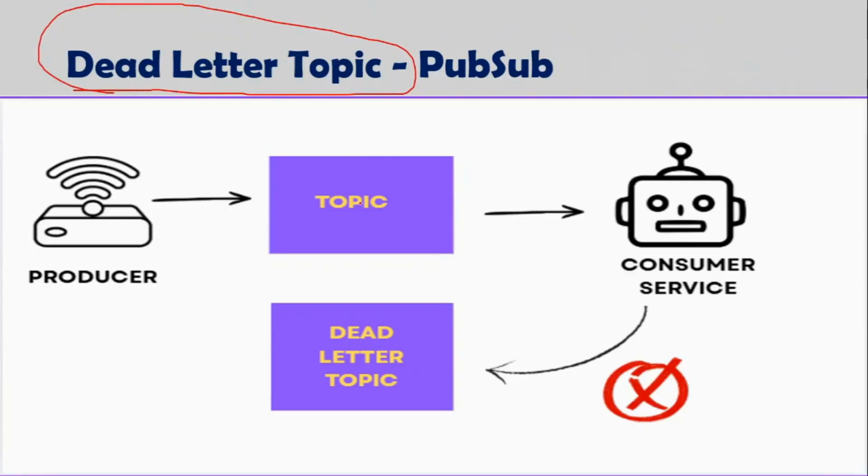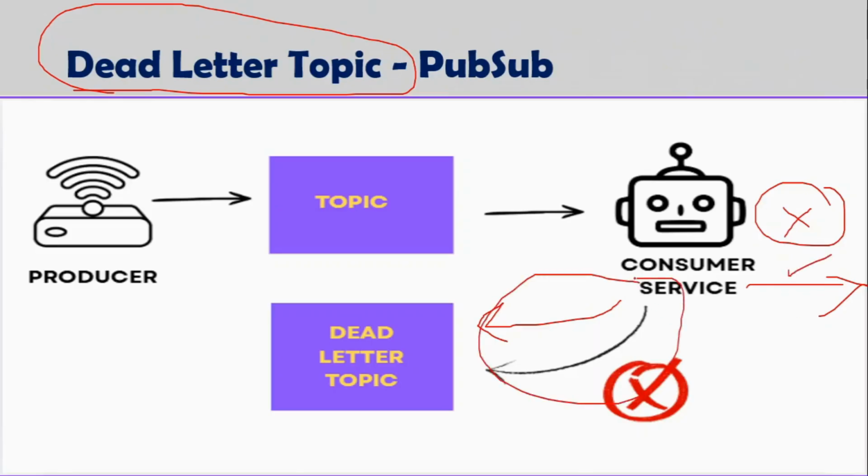Here, see, when a message fails repeatedly, even after multiple retries or reattempts, Pub/Sub does not block your pipeline. It means here is your pipeline, which is the consumer, right? Here, your pipeline will not be blocked. Rather, what happens is Pub/Sub isolates or separates the erroneous messages and routes them to the dead letter topic. I hope you got that point. It means that only valid data will be processed and invalid data or erroneous data will be sent to a